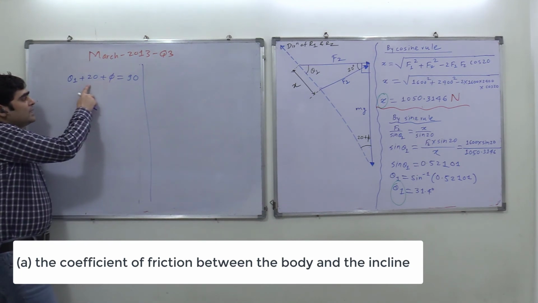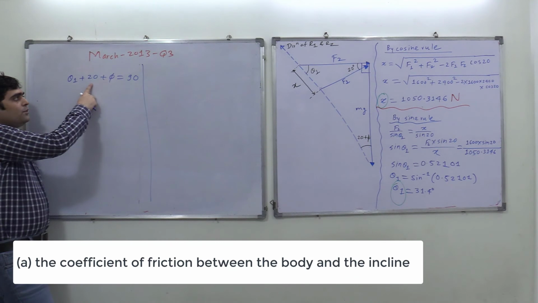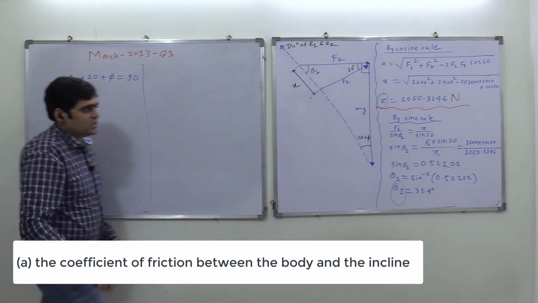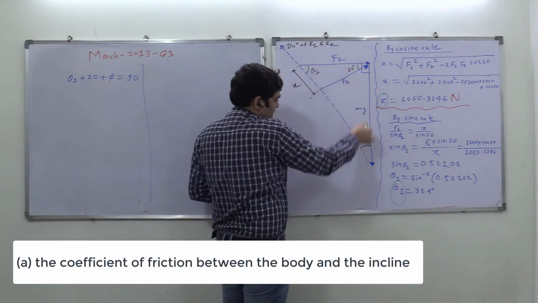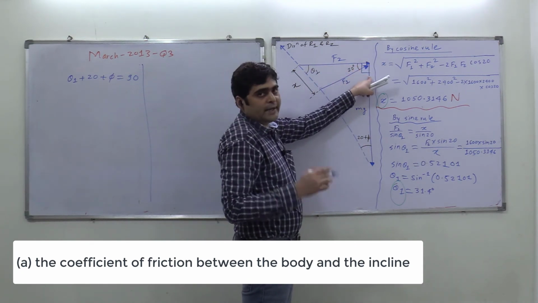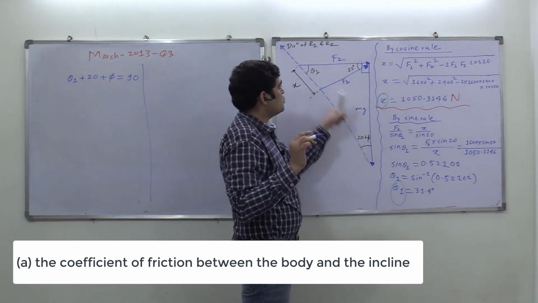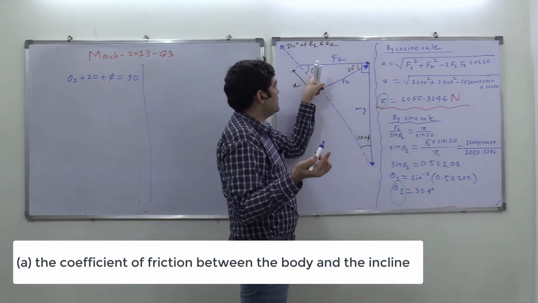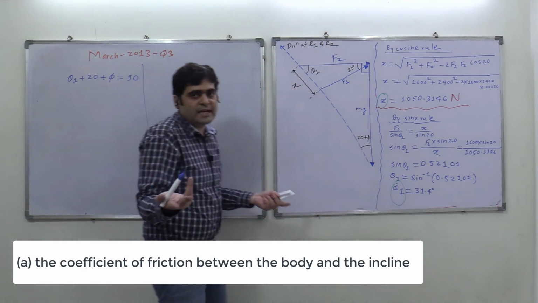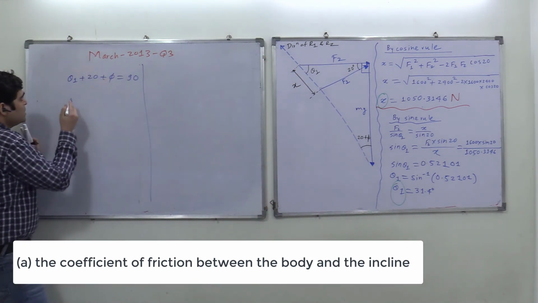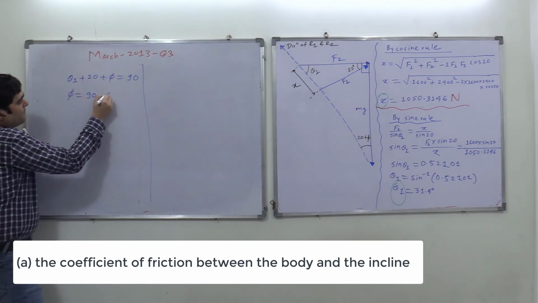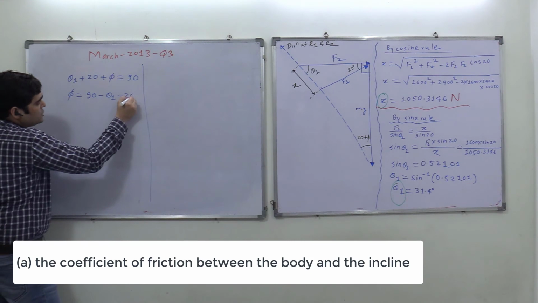So theta 1 plus 20 plus 5 is equal to 90 degrees. Any doubt in this discussion? Because the sum of three angles of a triangle is 180 degrees. Out of this, one angle is 90 degrees, so one is removed. The remaining two are theta 1 and 20 plus 5, so their summation by default will be 90 degrees. So 5 will be equal to 90 minus theta 1 minus 20.